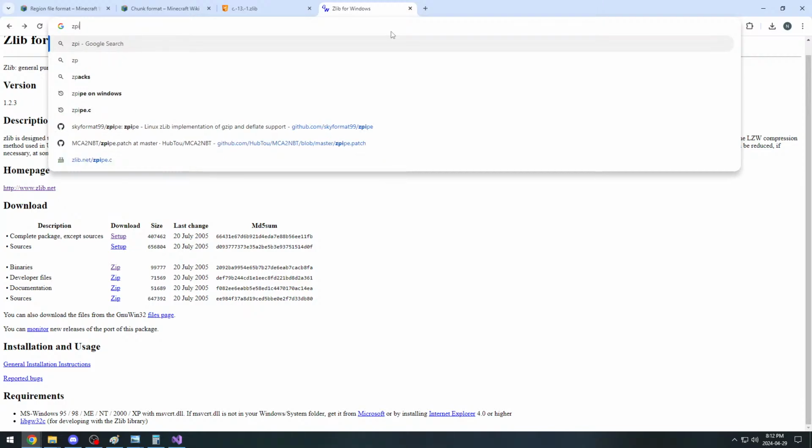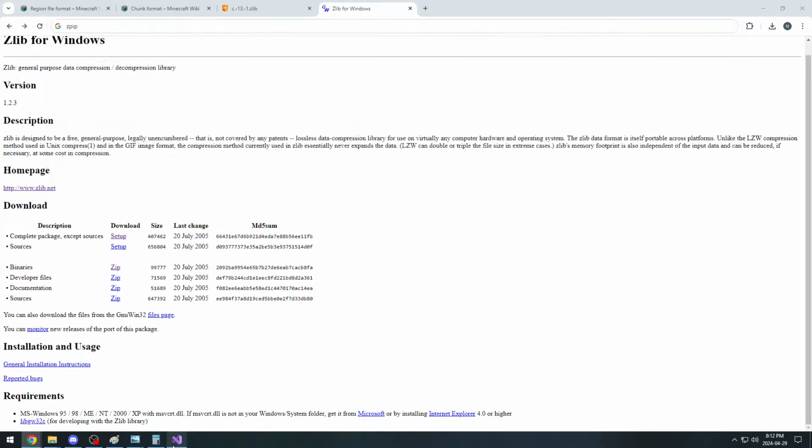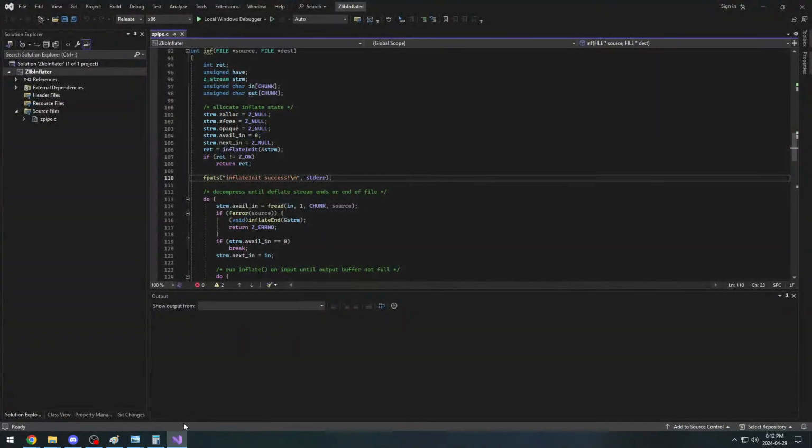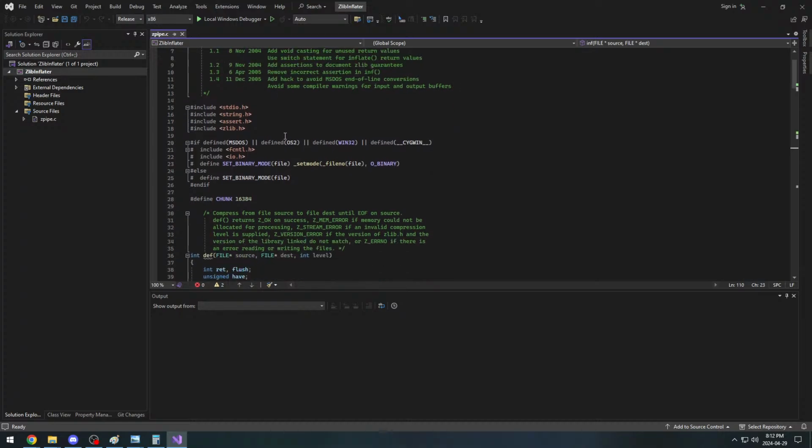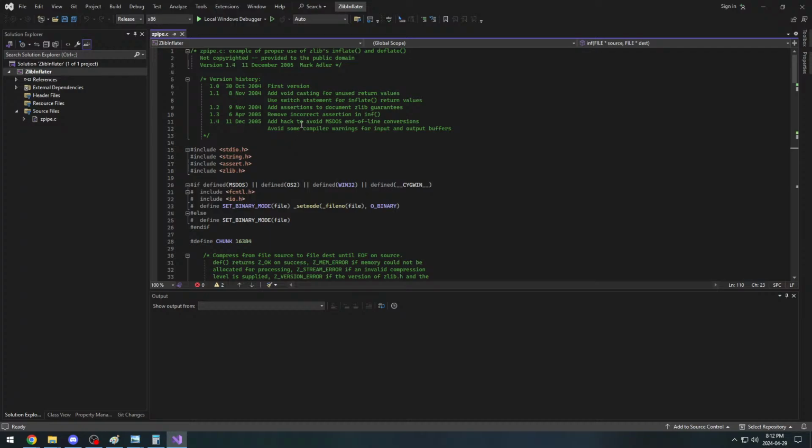You've probably seen that my source file here is named zpipe. It's actually been written by somebody whose name is not on here for some reason. Oh yeah, Mark Adler. Again, 2005. Man, 2005. You know how old I was in 2005? I was 5 years old. And it's 2024 now. Almost 20 years ago, somebody wrote this piece of